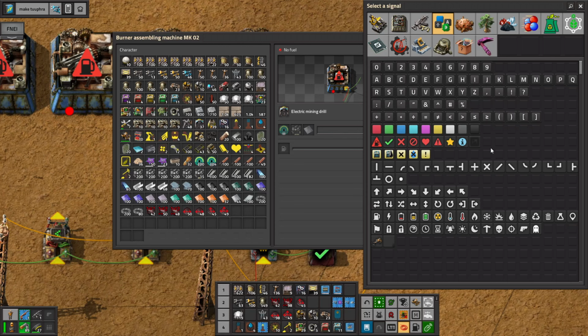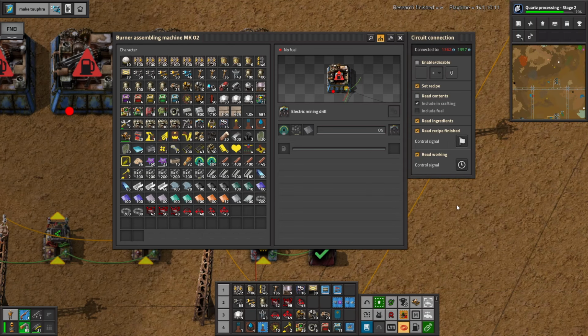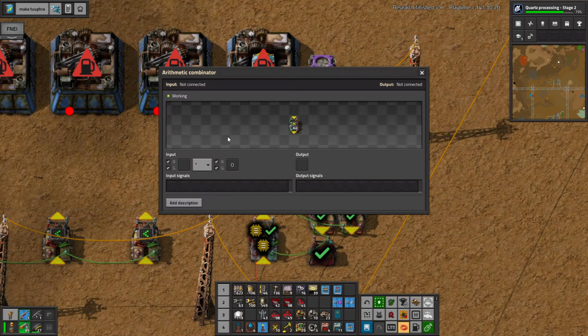Okay, so the working signal is gonna be... I don't even know. The working signal is... I'm surprised there's not like some sort of assembler signal. I don't know, the clock feels like kind of a good working signal. So then I could like multiply... I don't even know what I'm doing, y'all. What if I like multiplied...